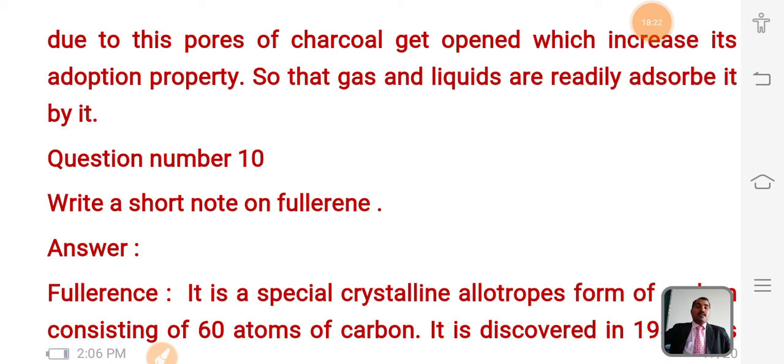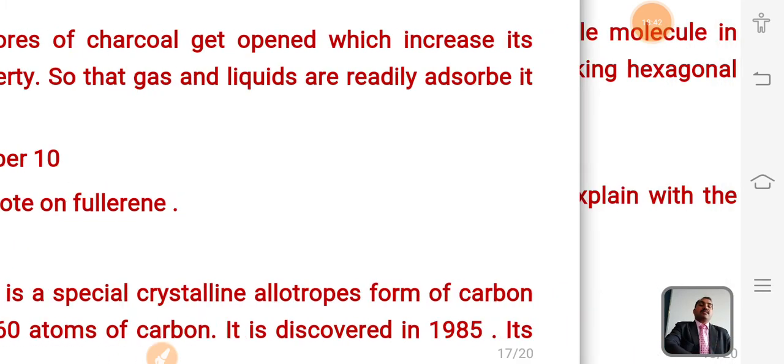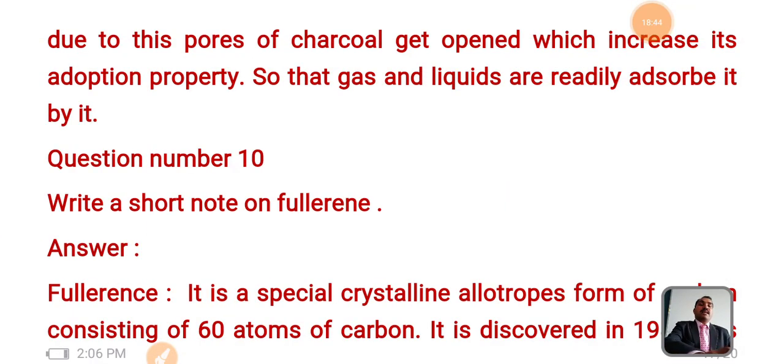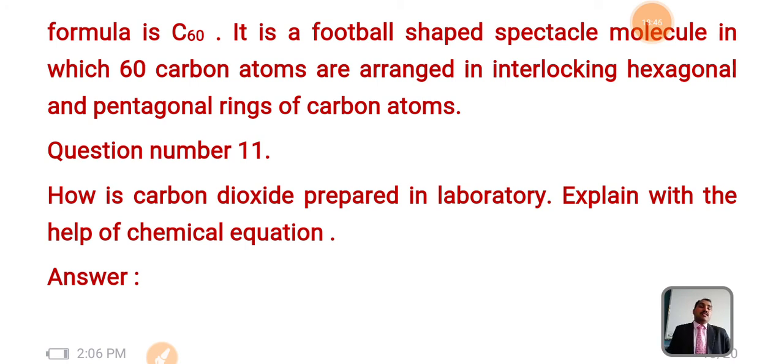For the discovery of fullerenes, all three scientists were awarded the Nobel Prize in Chemistry in 1996. Combined, they got the Nobel Prize because of the discovery of this C60. By the name, it is indicated that this allotrope of carbon has 60 carbon atoms. That is why its molecular formula is C60.